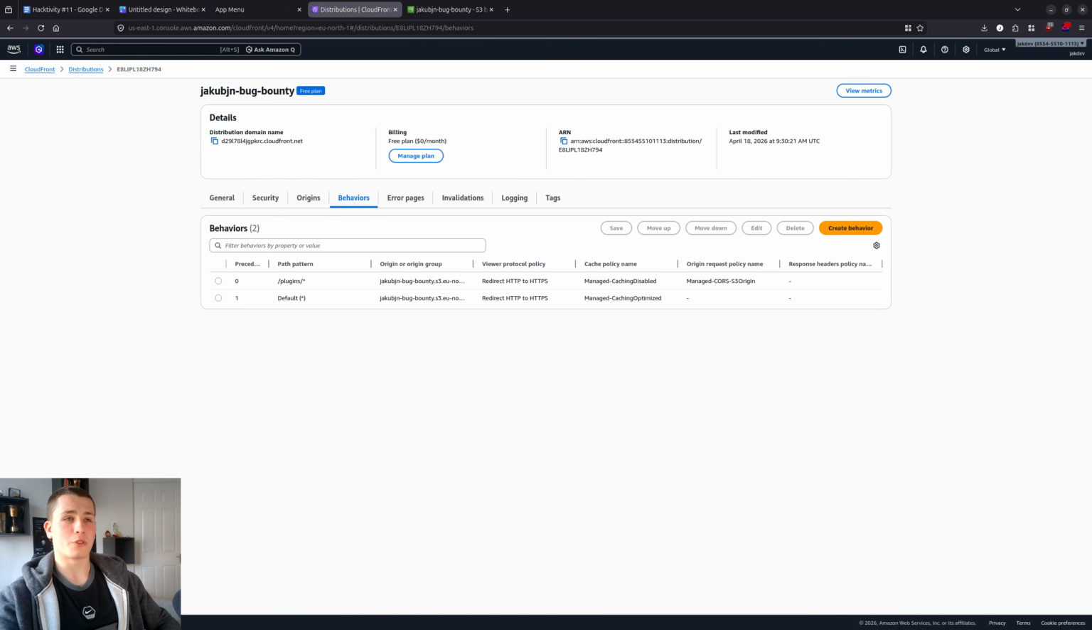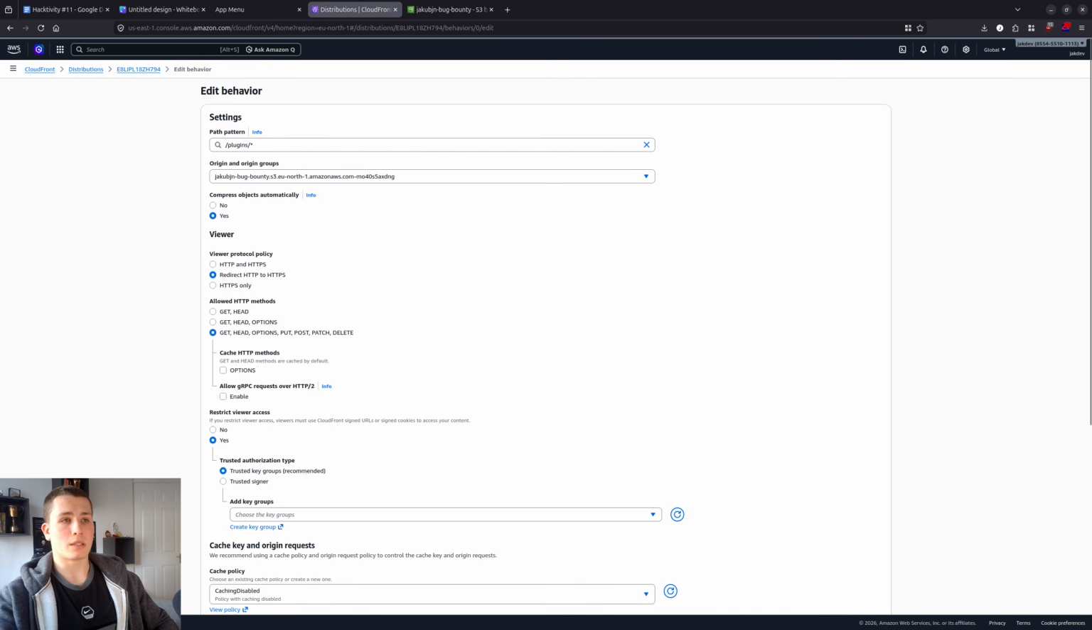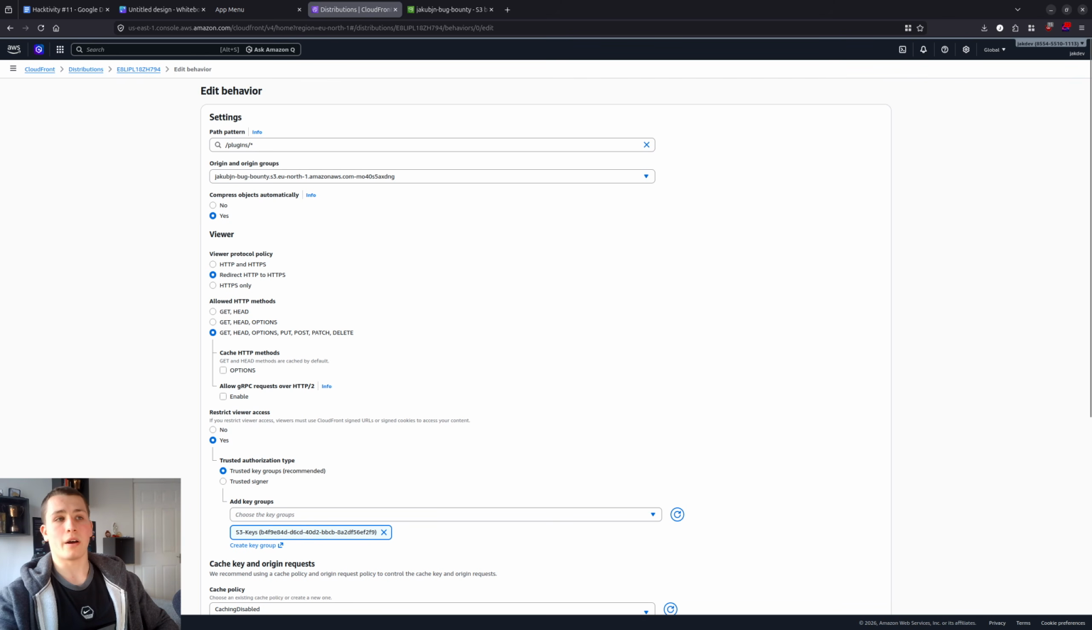And it's going to be under behaviors, specifically here. So /plugins*. Now what this allows you to do is basically create behaviors for each of these CloudFront path patterns. So if we go into plugins, I'll just go into edit here. You can see that we can set the exact behavior that I actually talked about. Now normally most of this doesn't really matter, it's like HTTPS only, but this is the stuff that actually does